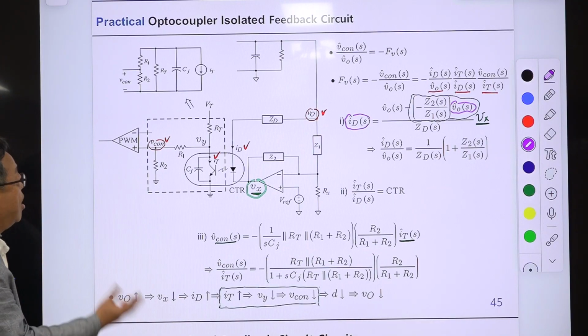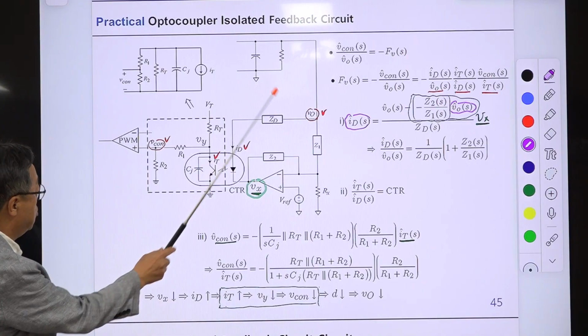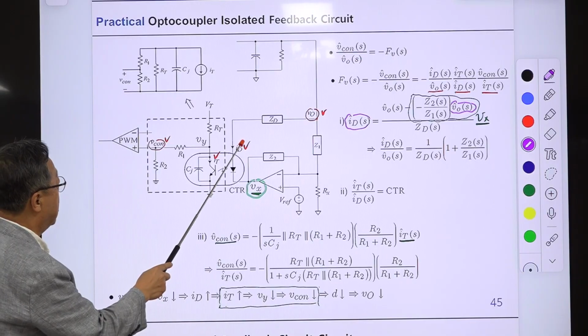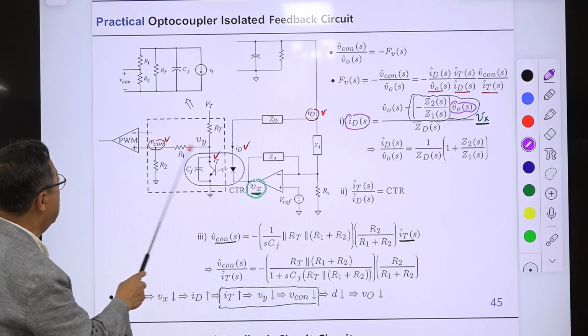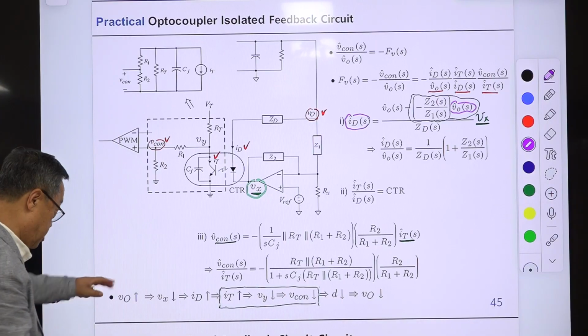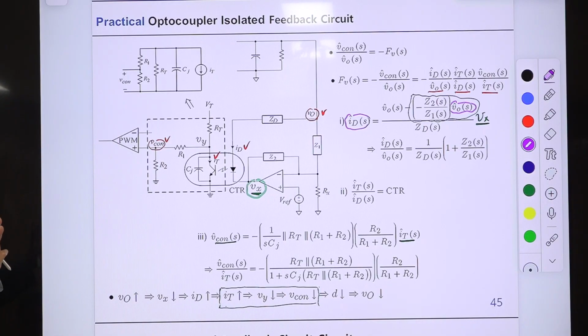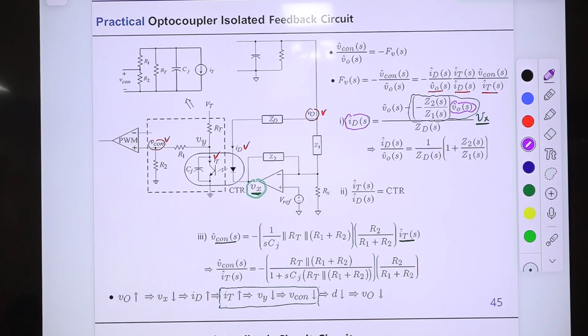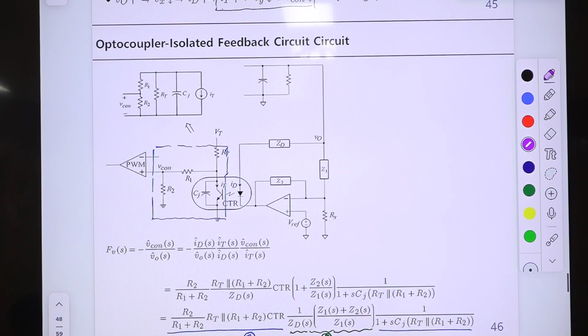Okay. The negative feedback mechanism is that VO increases, VX decreases, then ID increases, IT increases, then this VCon decreases. Okay. The mechanism is the same as the previous case. But with this configuration, maybe we have some flexibility in selecting devices, but still there is some limitation because of this. Right? So this is nothing, right? Okay, so